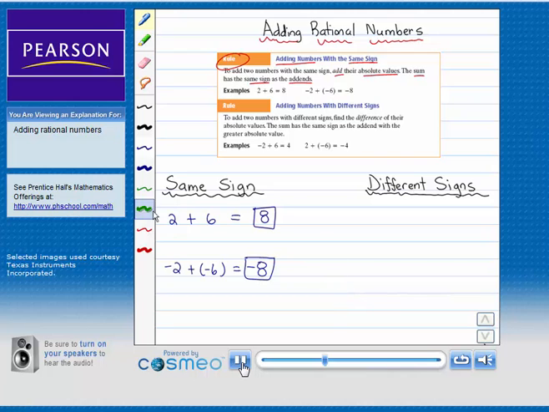Alright, you guys, let's look at adding numbers with different signs. To add two numbers with different signs, we find the difference of their absolute values. The sum has the same sign as the addend with the greater absolute value. So, if I'm adding a negative 2 plus a positive 6, again, I'm going to take the difference